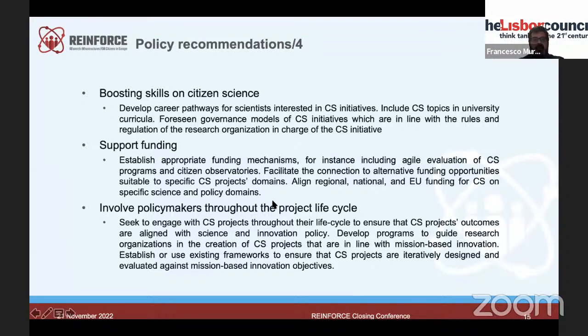Final recommendations: clearly boosting skills on citizen science in order to help citizens be interested in citizen science initiatives, but also increase the awareness among scientists of to what extent citizen science might be useful for them.